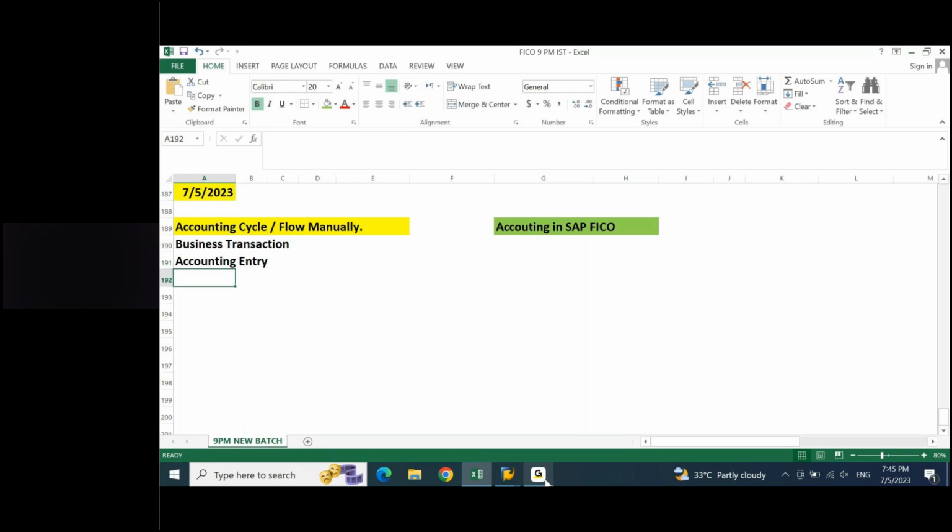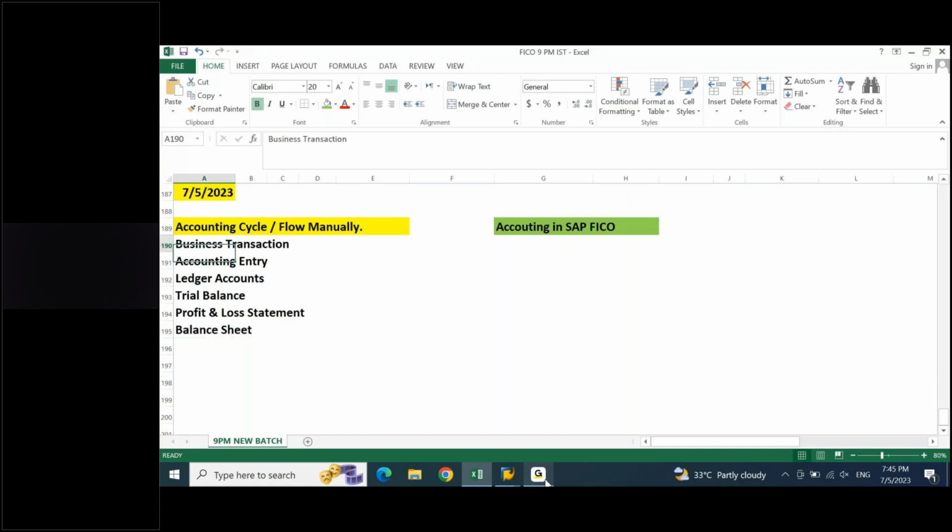After accounting entry, we have listed ledger accounts. After ledger accounts, we have listed trial balance. After the trial balance, we have prepared profit and loss statement. After P&L, we have prepared balance sheet. This was the cycle, or the flow, that we listed in manual accounting, which we practically tested in the last session.